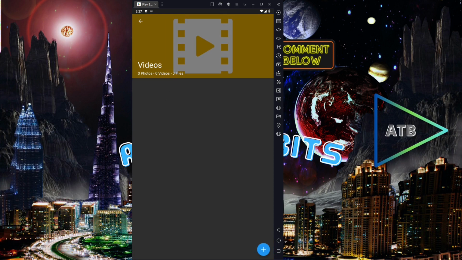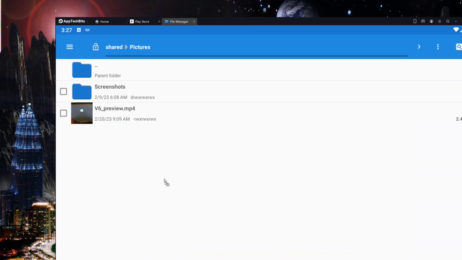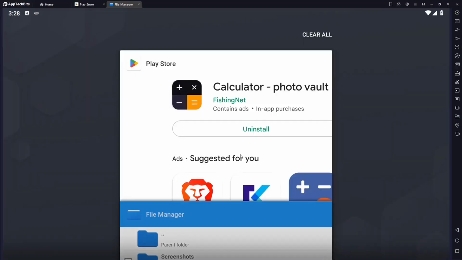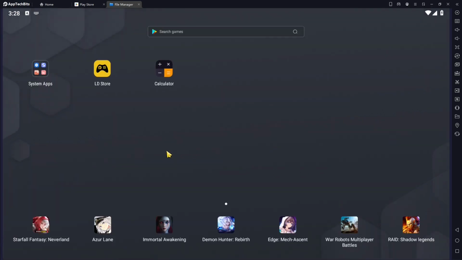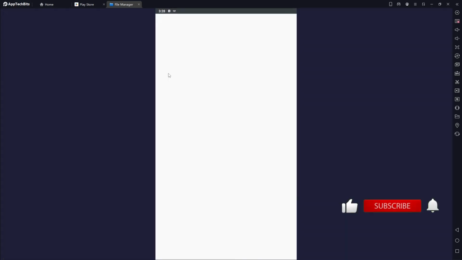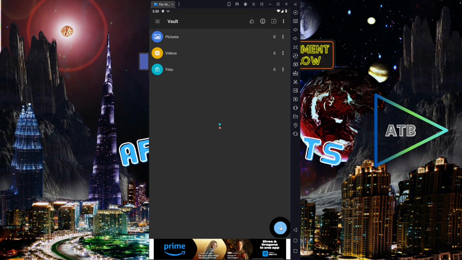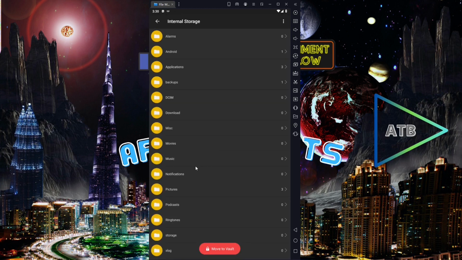Since I'm using an emulator, I can drag and drop a video. I'm going to drag and drop a file. Open the calculator app. So I'm going to type in the password. Click on add, all files,